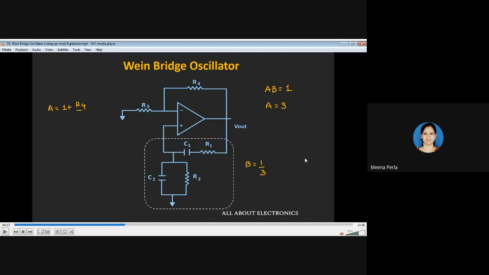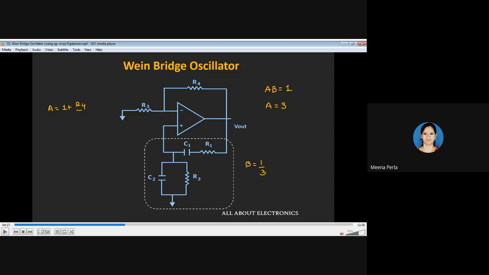Numericals they may hardly ask related to the RC phase shift oscillator, but even if there is a design of an RC phase shift oscillator, we have seen the design where the frequency will be given, and only the capacitor value we need to assume. So if any one of the capacitor values is assumed, we can easily find out the R value. And what about the R1 resistance? We need to assume it to be 10 times greater than the R value, right, in the RC phase shift oscillator. And we can calculate the feedback resistor value R4. So this is how we have seen the RC phase shift oscillator and the Wien bridge oscillator.